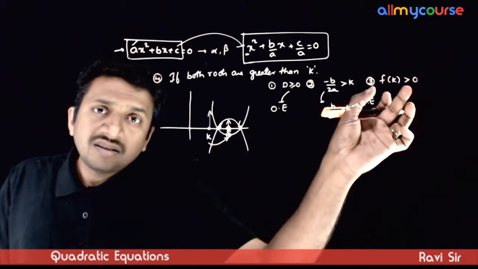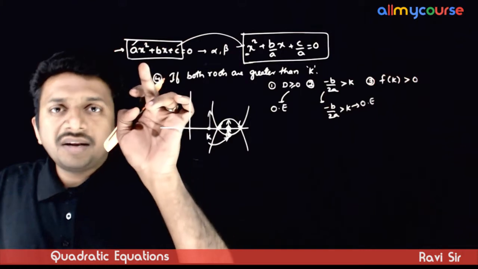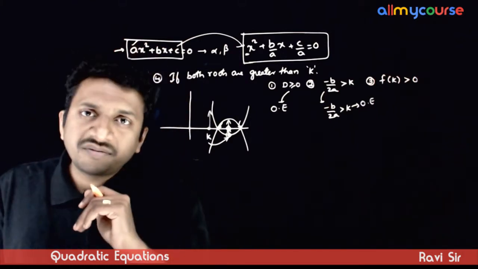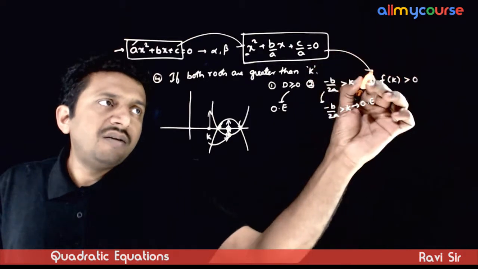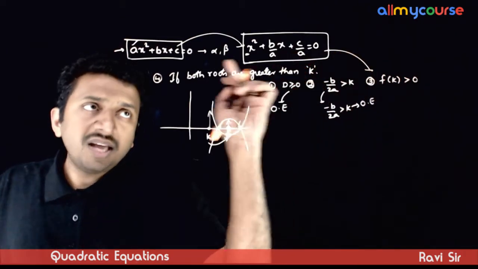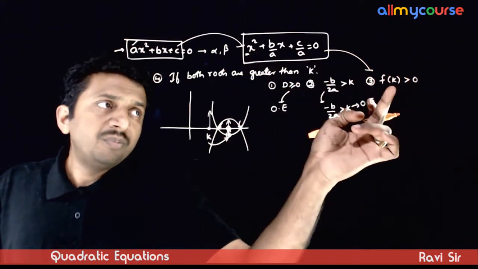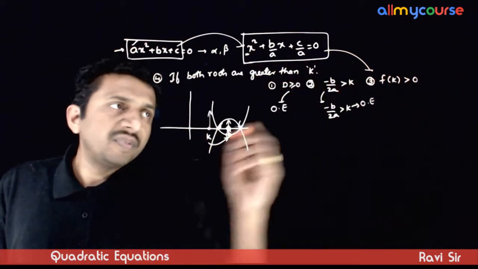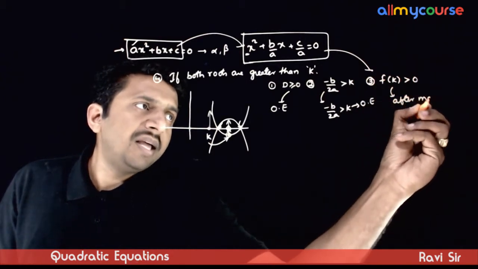The difference is with f of k. F of k cannot be applied to this equation if a is negative. So before applying f of k, divide the whole equation by a, make the leading coefficient positive, and then put x is equal to k. So this is after making